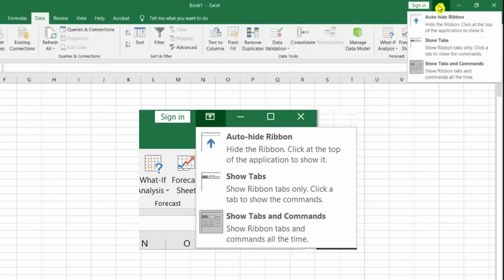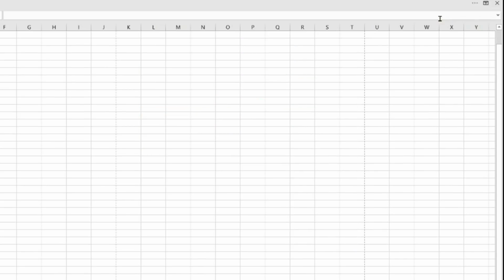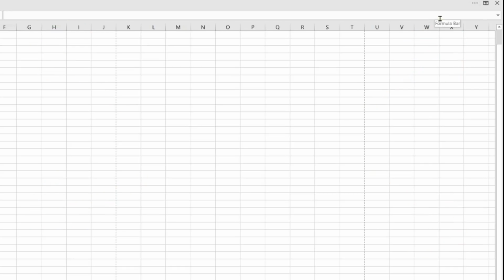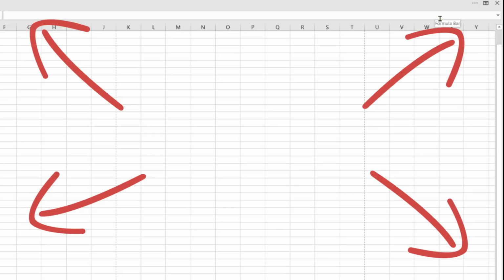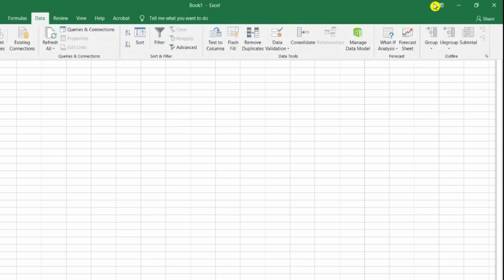The third option is auto hide. Personally, this is my favorite. On clicking this, you will see that everything is now hidden and you will get more working space. You may feel that what is the benefit of this? However, believe me, when you start using Excel in a more proficient manner, you will feel that you require more working space, as for all the commands, you will be using the keyboard shortcuts. To show the toolbar again, if you take your mouse to the top, it will show you a small green bar. On clicking it, you will get your toolbar back. So guys, again, very small things, but very helpful.